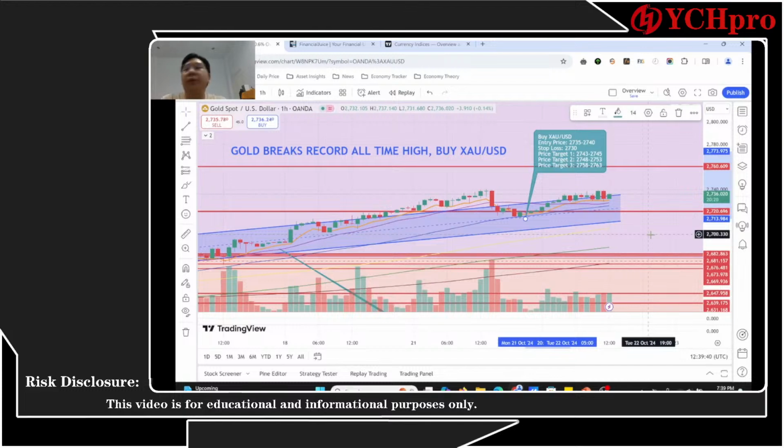But overall, if you're asking me, do I use RSI? I'm just looking at it as a tool, but I don't really use it as the main tool for trading. The most important thing for trading, I would say, is the price action. You still need to look closely at the price action on the chart, the volume, chart patterns, and indicators.